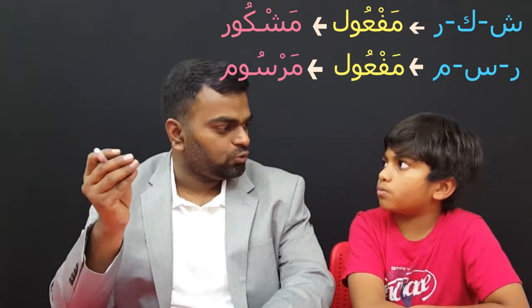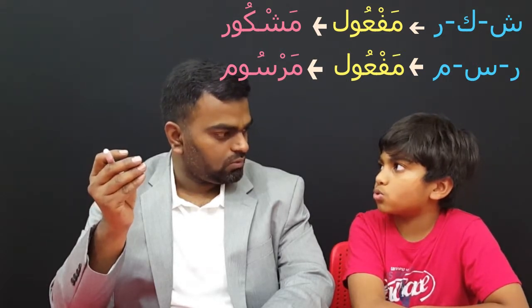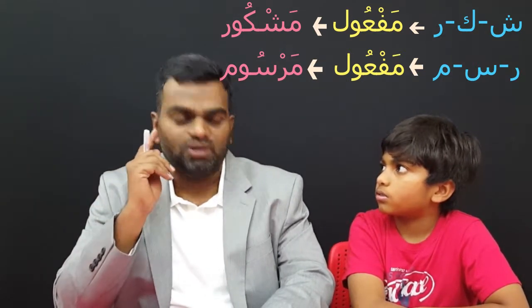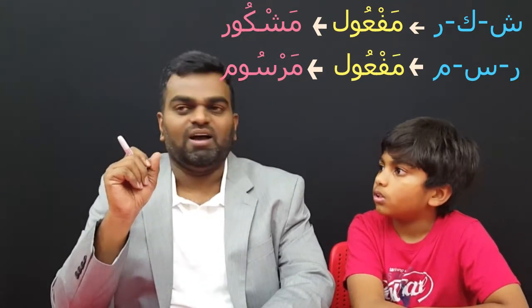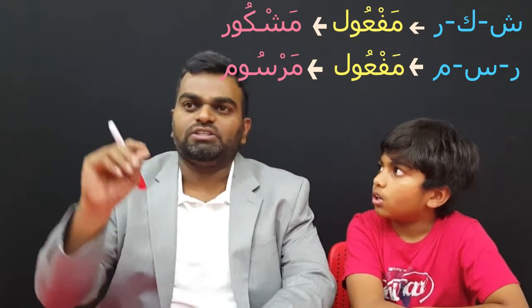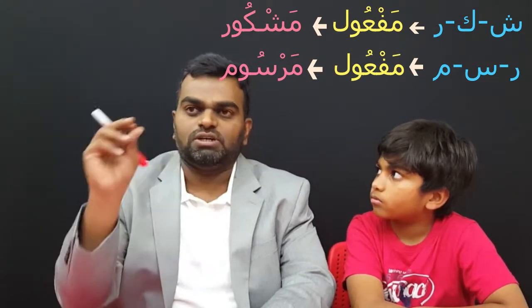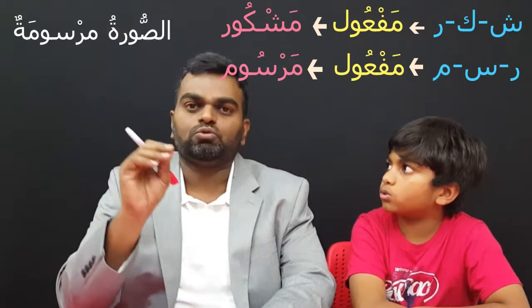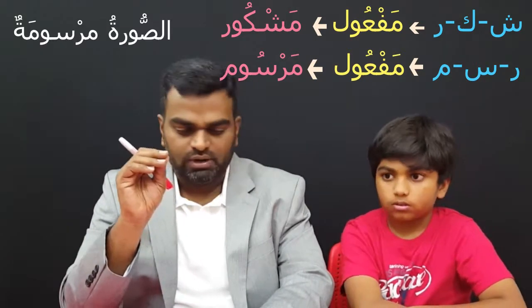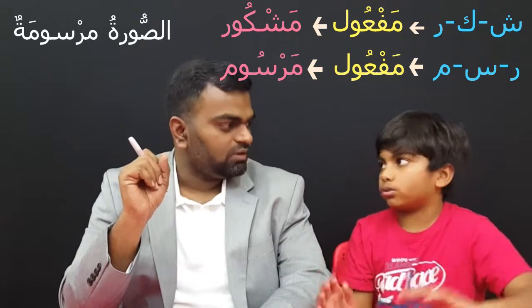How do you say? As-suratu? Marsumun. But notice as-suratu is feminine. It's got a ta marbuta. So the thing that you need to remember is that because it is describing or giving information about a feminine thing, it must also end with a ta marbuta. So you say as-suratu marsumatun. Okay? Very good. Marsumatun. Very good. Now, in this story, what did we learn? The honey was eaten. Madha qalat an-nahlu.